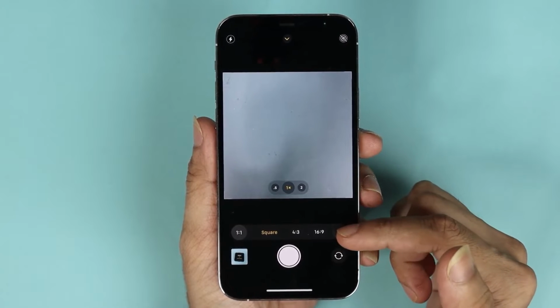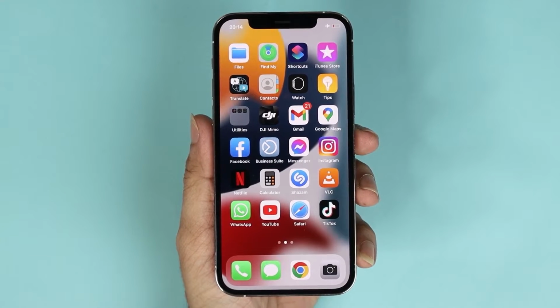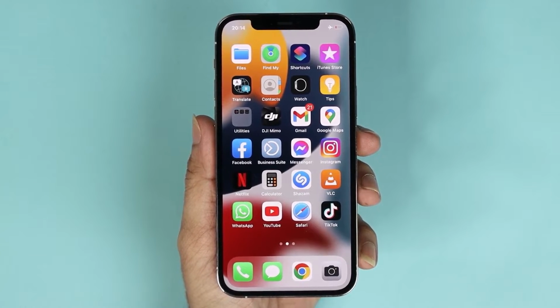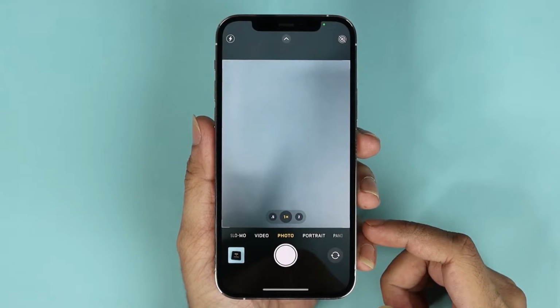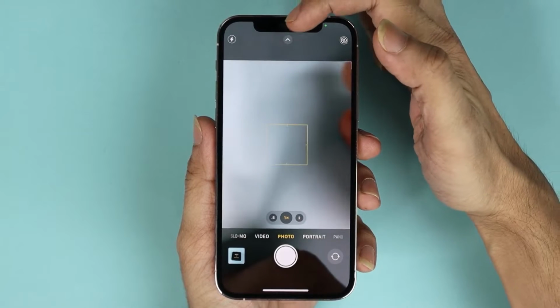In today's video I'm going to show you how to change the still image aspect ratio on your iPhone 12 or 13 Pro. Now what you need to do first is open the camera app, and from here you need to tap on this little arrow here at the top,